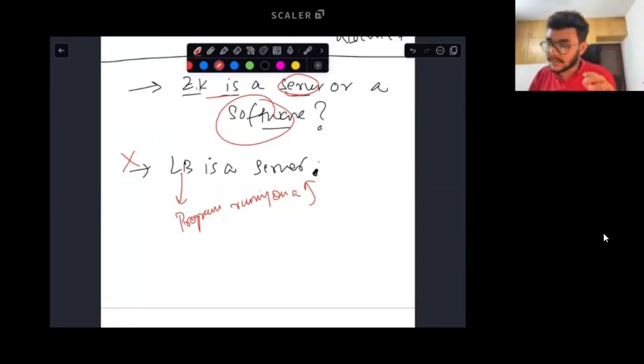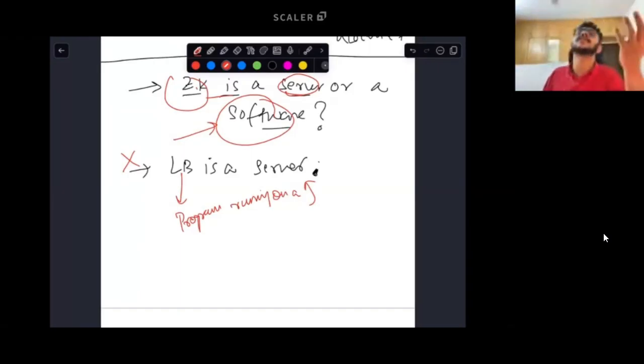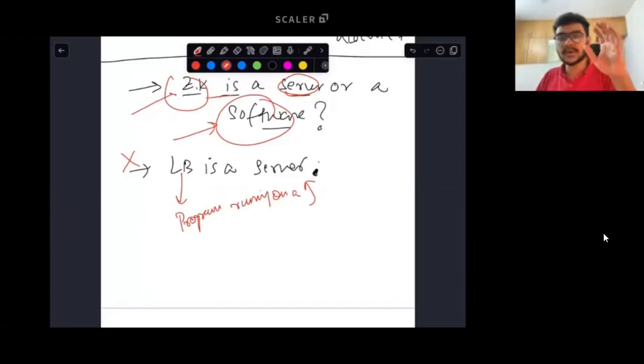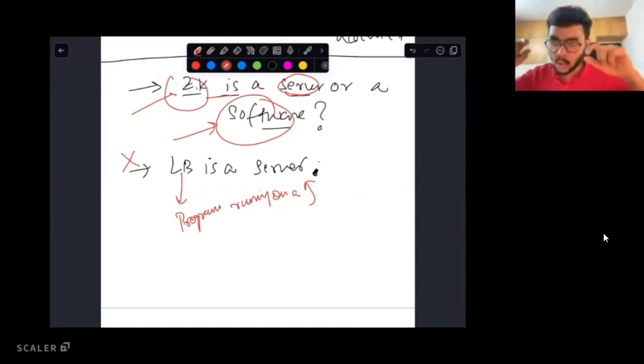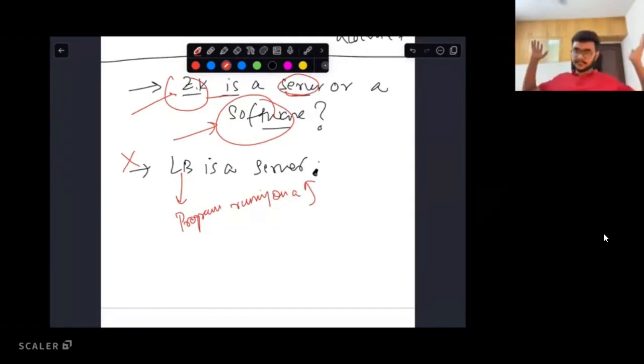So Zookeeper, when someone says it, or Kafka, or Cassandra, or any one of these things, they mean the binary, the software. You end up running it on a VM, and then you call that VM a server. So Zookeeper is a software. You can go to GitHub and see Apache Zookeeper. Yes, it is open source. You can see the code base. If you build it, you build the binary. Go ahead and run it on an EC2 instance, then that EC2 instance is a Zookeeper server for you.